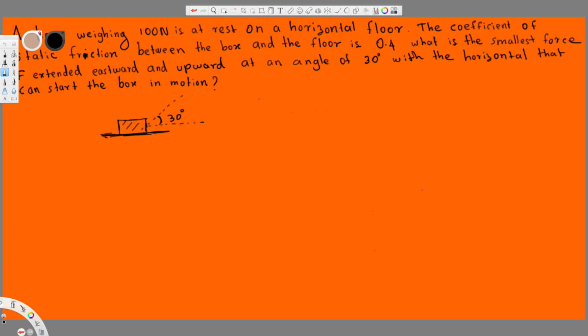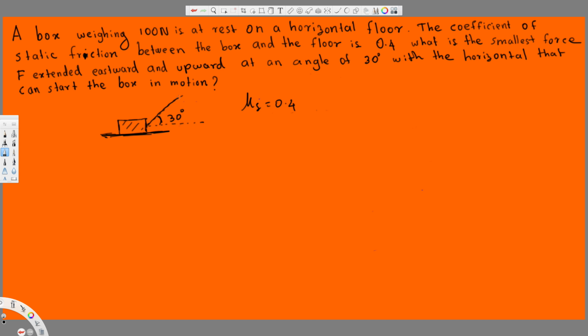Guys, let's do this problem right here. The question is asking: a box weighing 100 Newton at rest on a horizontal floor. The coefficient of static friction between the box and the floor is 0.4. So that means μs is equal to 0.4. What is the smallest force F directed upward at an angle of 30 degrees